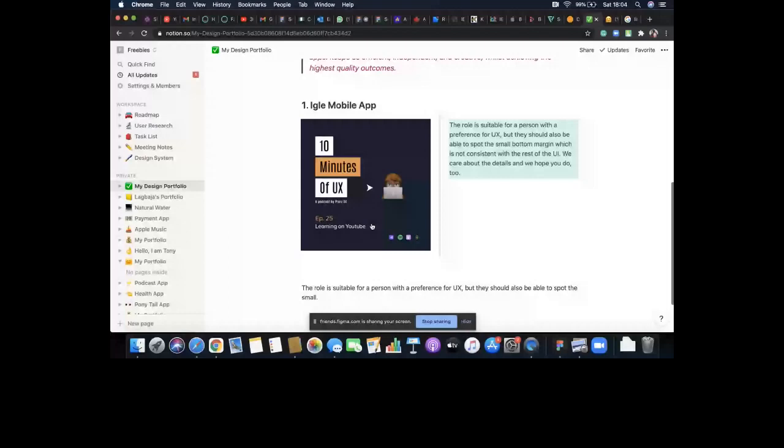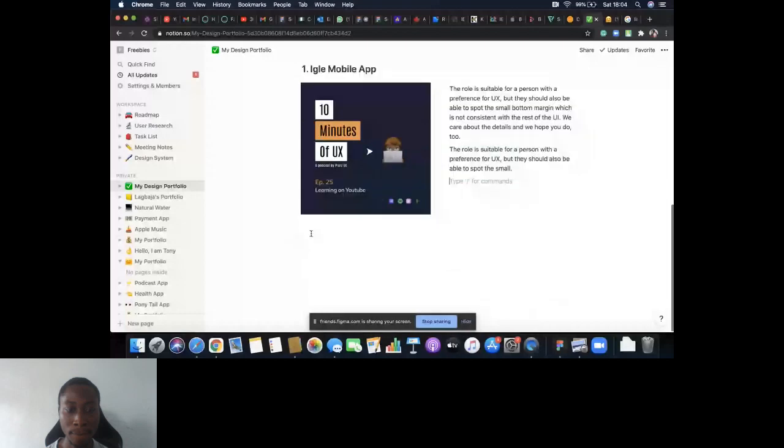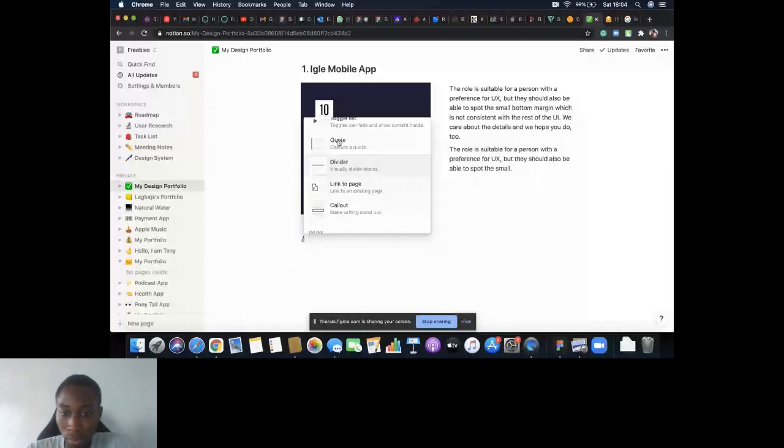The next thing I want to do is create my button. So I'm going to come here and create a block like we did in the past. To create a block, you can use your slash button and scroll through. And that's a call out. Permit me, I call it a block sometimes. So this is a call out, and I'm going to type